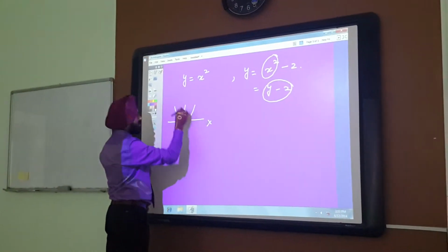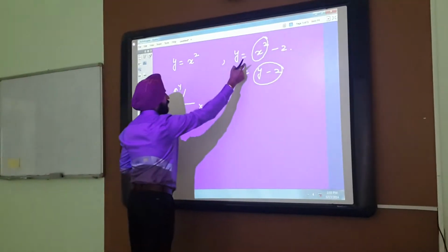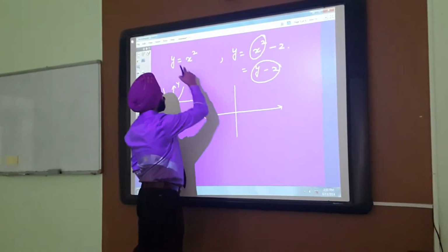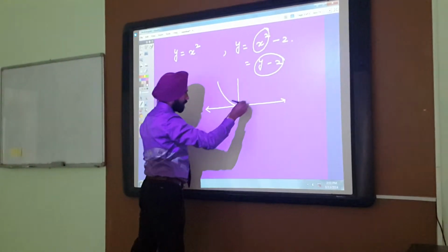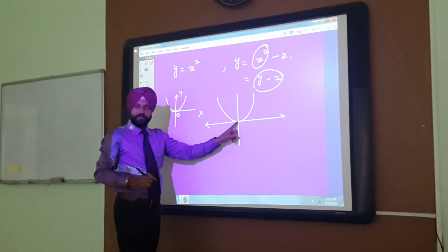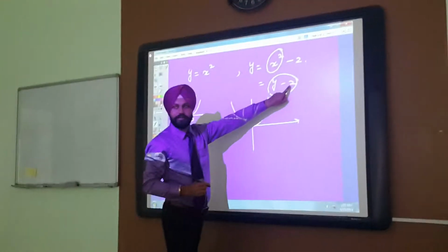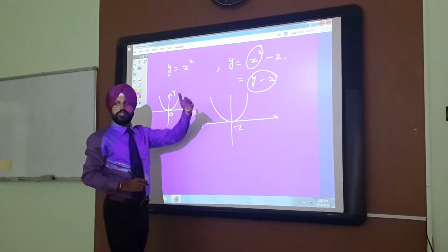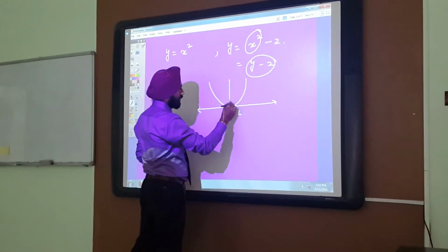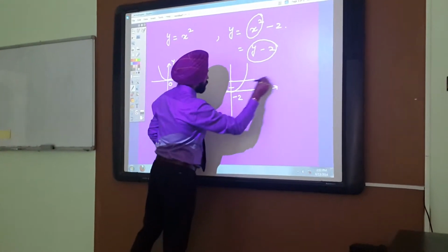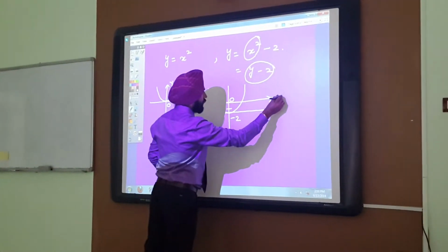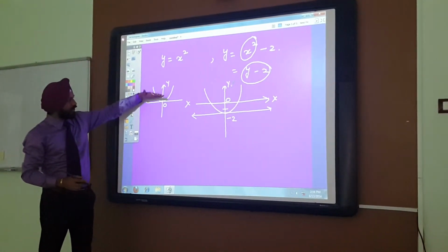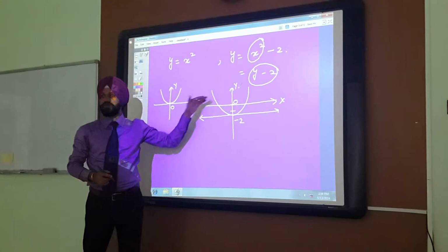So the curve will go down. If it is 0, x axis and y axis, then for this curve, the curve would be same, but this point is not 0, rather it is minus 2. So minus 2. So where will be the 0 then? 0 will be upside. Okay, that it is 1 and it is 0. So this is our 0, this is x axis and this is y axis. So this is how the curve changes its way, transformation.